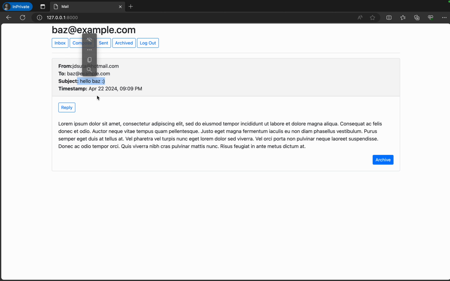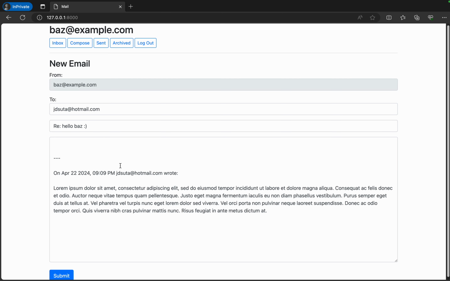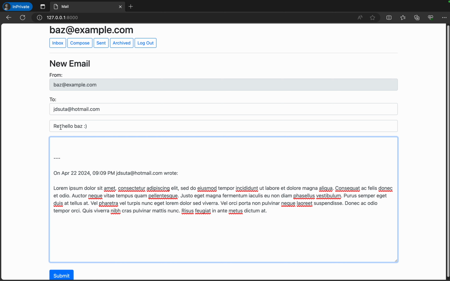However, since this subject line doesn't have RE, as it's the first time we are replying, it's going to include it in the subject for us. And as well, it's going to prefill the body and include a line that is going to tell us when that email was sent. In this case, I'm going to click on reply. Notice it includes the line with the timestamp and who wrote that email. And here you can see that it includes RE. I'm going to reply, for example,